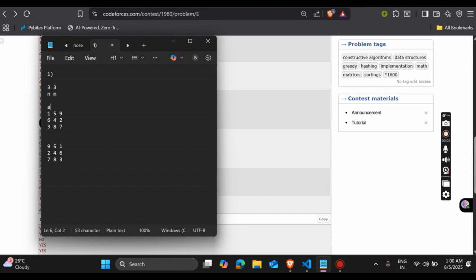As we were discussing, if this is our input matrix A and we have to make it B, we basically know that if a row like 159 is present in A, then no matter how much I swap rows or columns, there should also exist a line or row in B